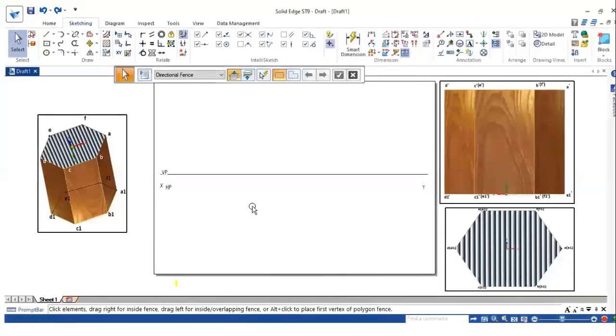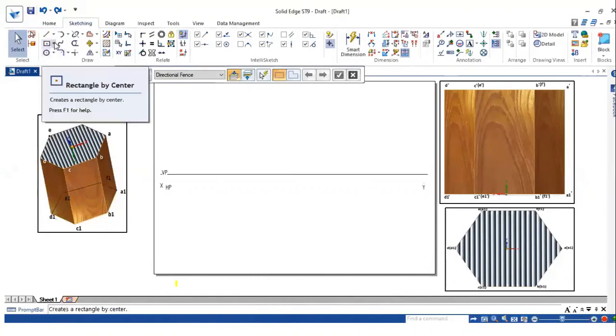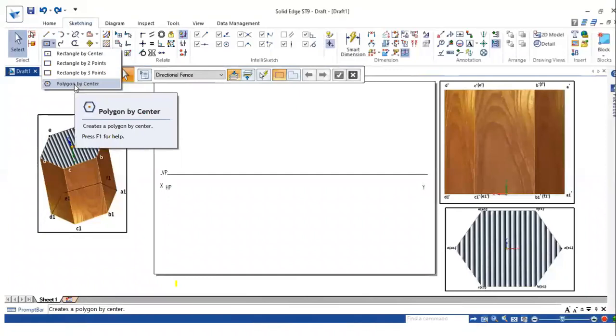First construct the hexagon, because when you are viewing from the top you are able to see the hexagon, that is the top surface of the hexagonal prism. A, B, C, D, E, F is visible to you, whereas A1, B1, C1, D1, E1, F1 will be hidden to you. So go for the polygon option, polygon by center.